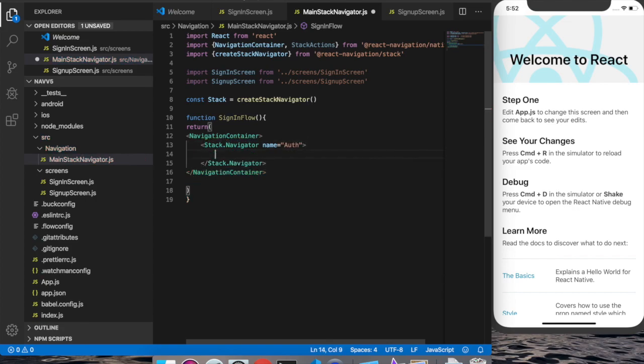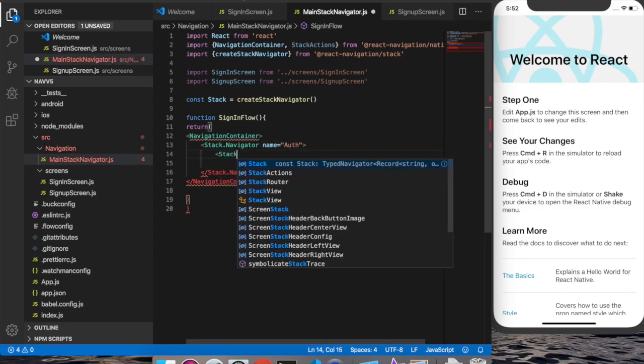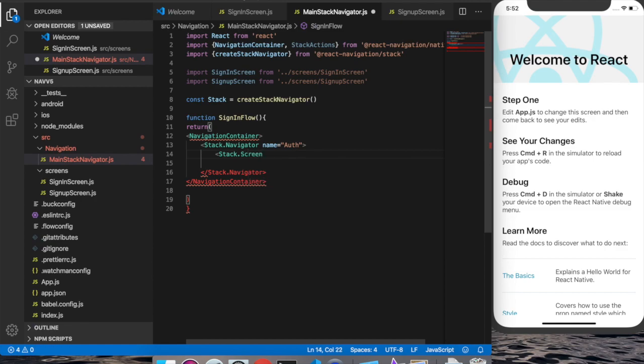I'm assuming it is user modules, so that's why I'm giving all the names related to the user module function, right? It's like sign in, sign up, so it's basically an auth module, so that's why I'm giving a name of it, right? So Stack Navigator, then inside of this we will have Stack.Screen,